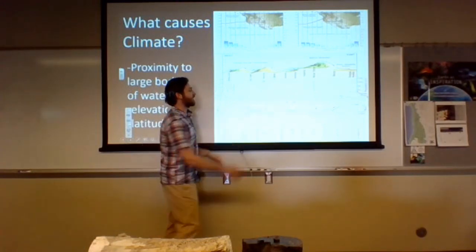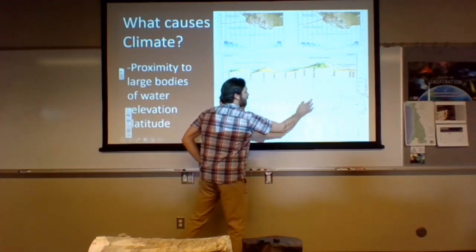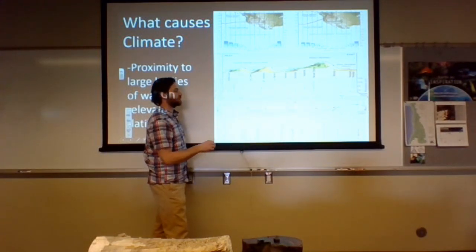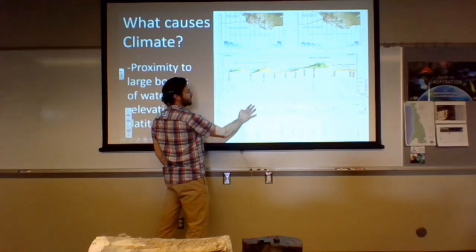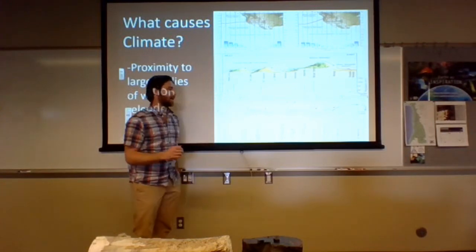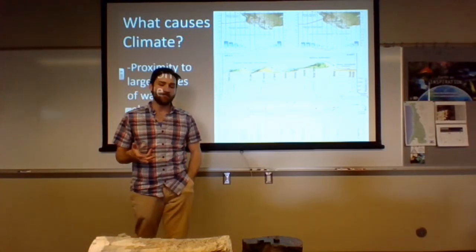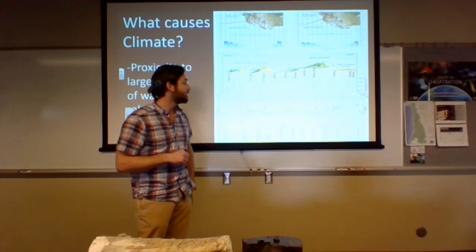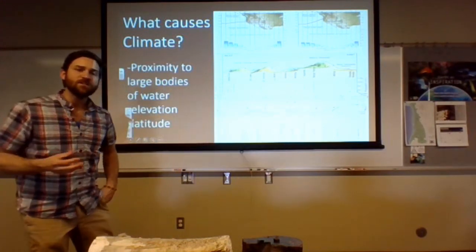There's a similar cell, so this is one of these, or sorry, I should go the other direction, one of these climactic cells. But then there's also similar cells at mid-latitudes and polar latitudes where we see very similar, very specific climactic conditions. Okay, so hopefully this gives a good idea